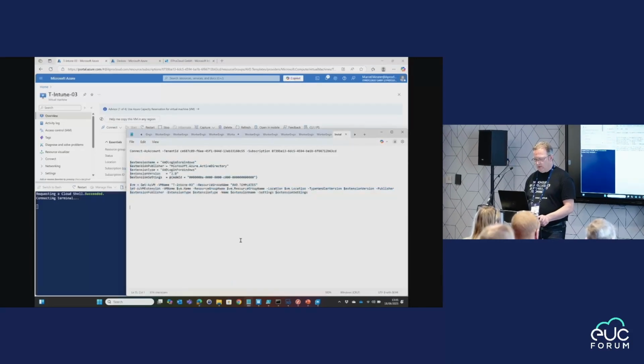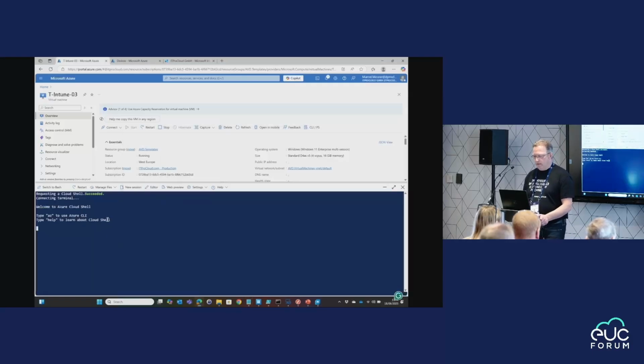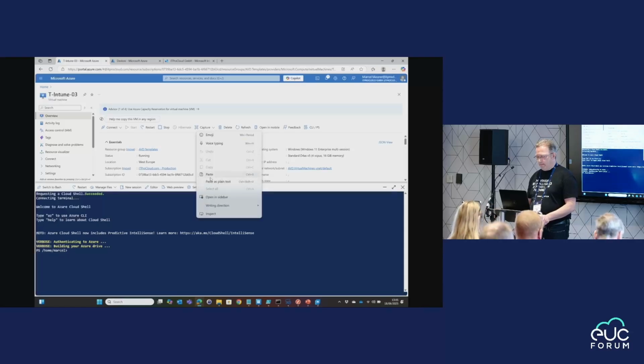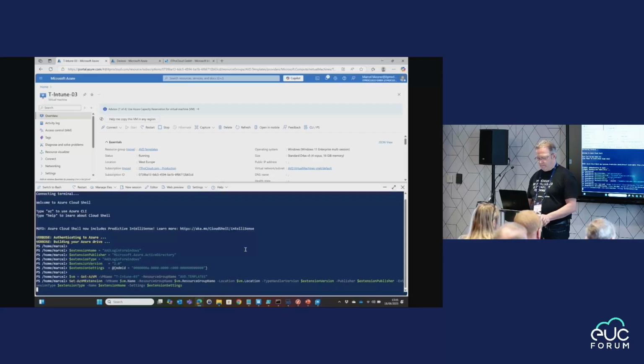I'll show the script. That's the script I'm using. So that is what we have seen before. That is the virtual machine name. And if I run this, that will take a few minutes. Then it should appear first in Entra ID and in the next step in Intune. Paste. So now it's running. And in the meantime, let me go to Intune,